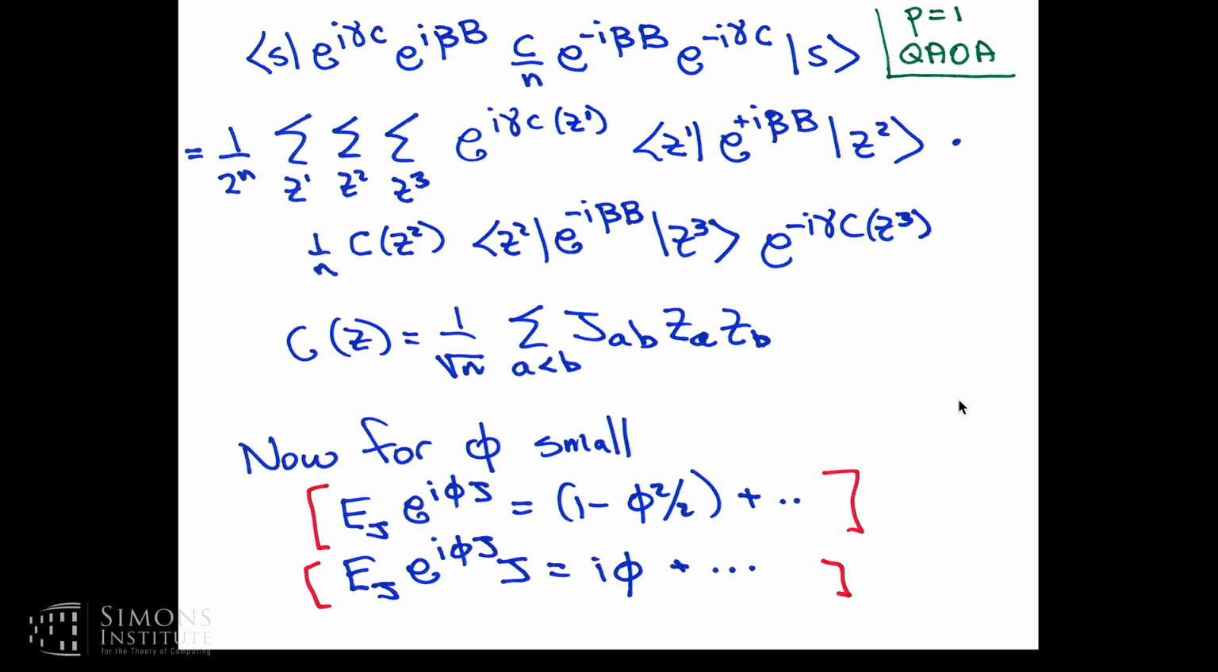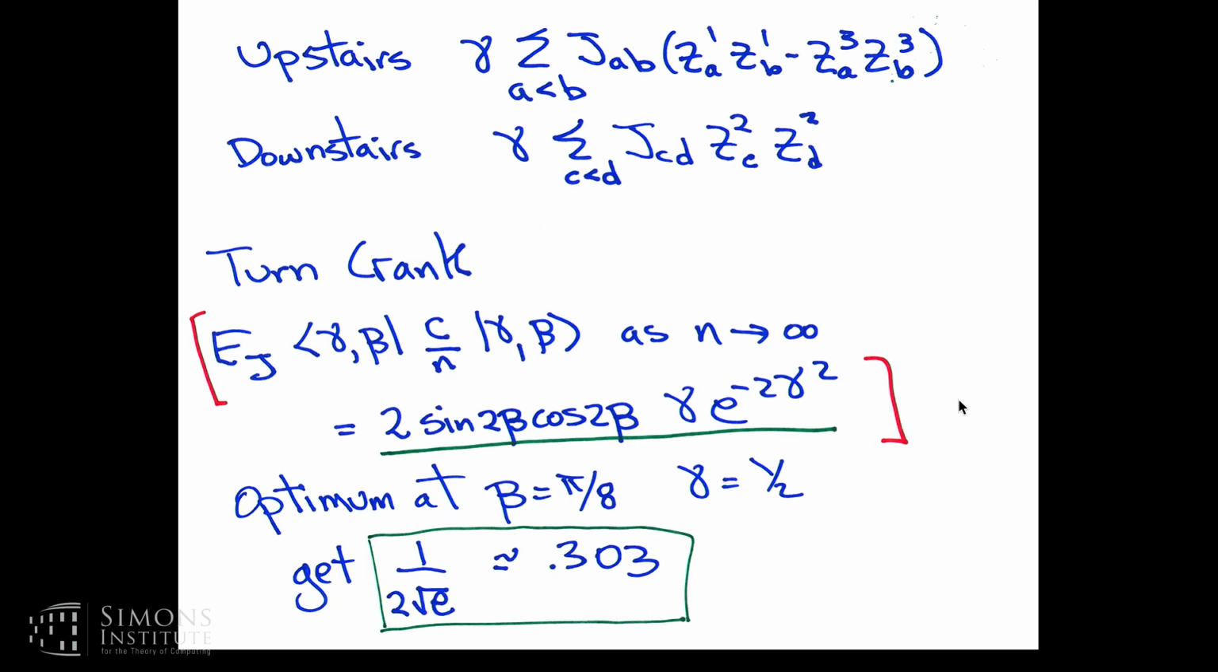Now, the reason I'm keen on this, so let me tell you the result, and then I'll say why I like it, is because upstairs I have this with J_ab. Downstairs I have this, and I can just use the fact that I know how to average. I average over instances. And then if I average over instances, in other words, take the expected value over J of gamma beta C over n gamma beta, and take the limit as n goes to infinity, I get this formula. So we can calculate it as n goes to infinity by hand. This is just calculated. And then you can optimize it. And at gamma equals a half and beta equals pi over 8, you get 0.303, which is, you know, halfway